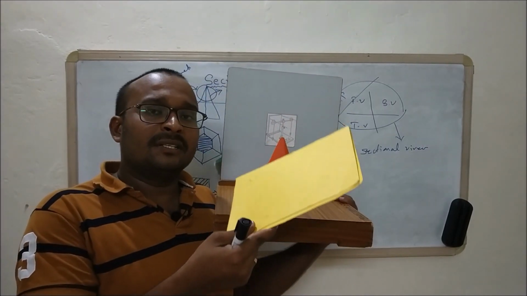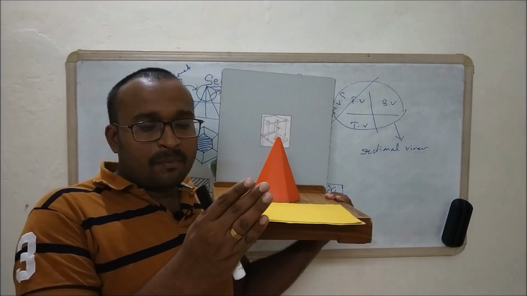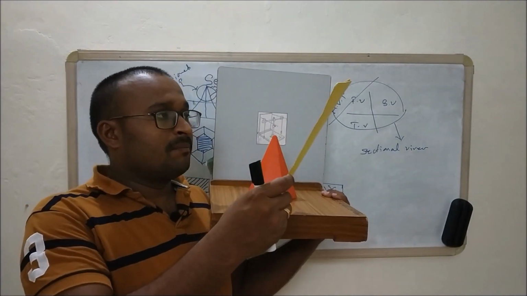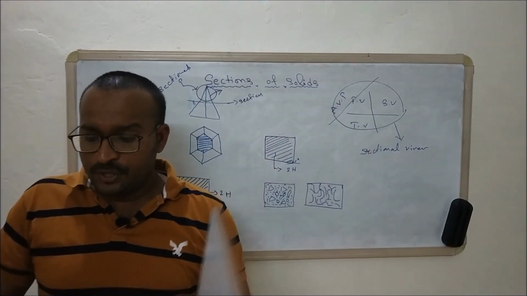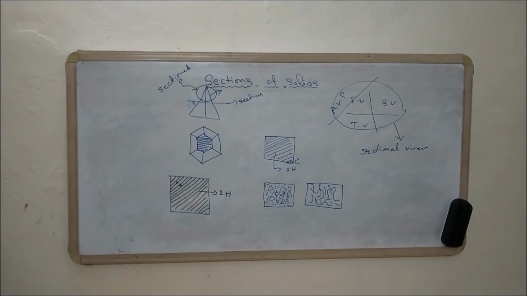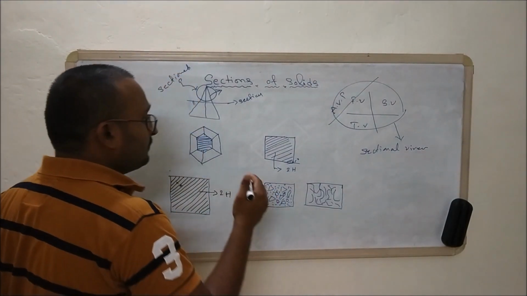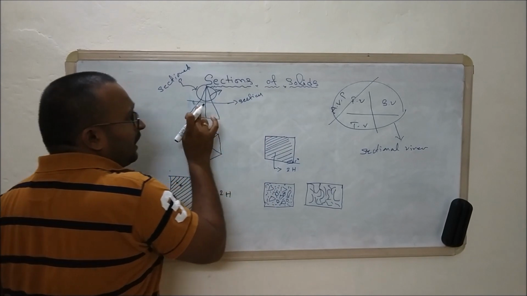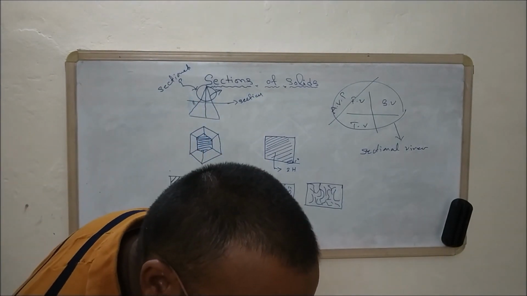The third problem statement will be the position of the particular plane, right? That position of this particular plane will be denoted by a line. Say for example, so let us say here